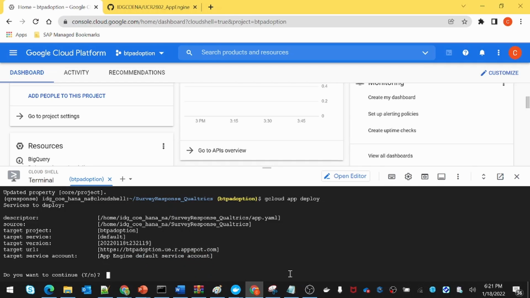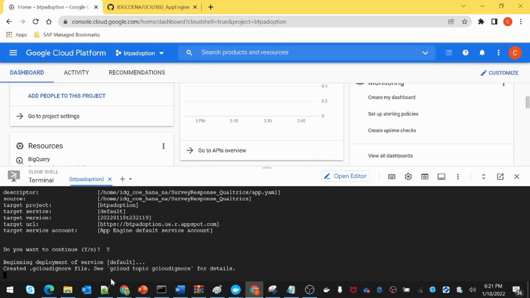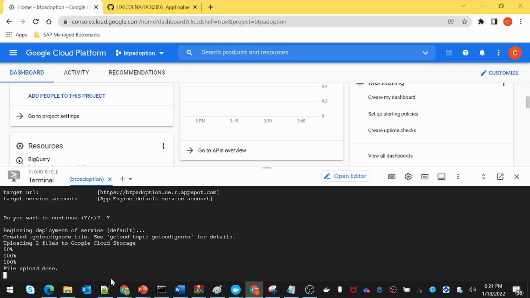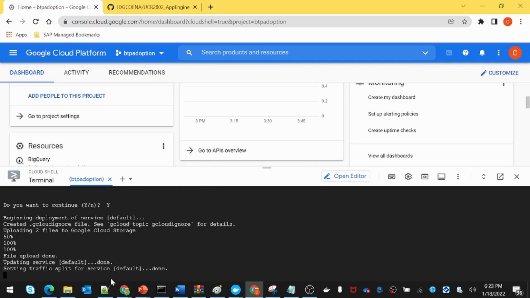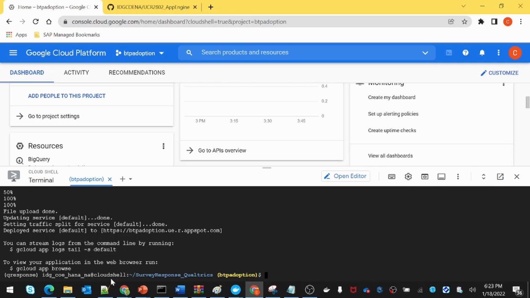When it deploys, it mentions the target project, which is BTP Adoption, and the target service is default, as we mentioned in the YAML. Let's go ahead. It's updating the service, and it is done now.